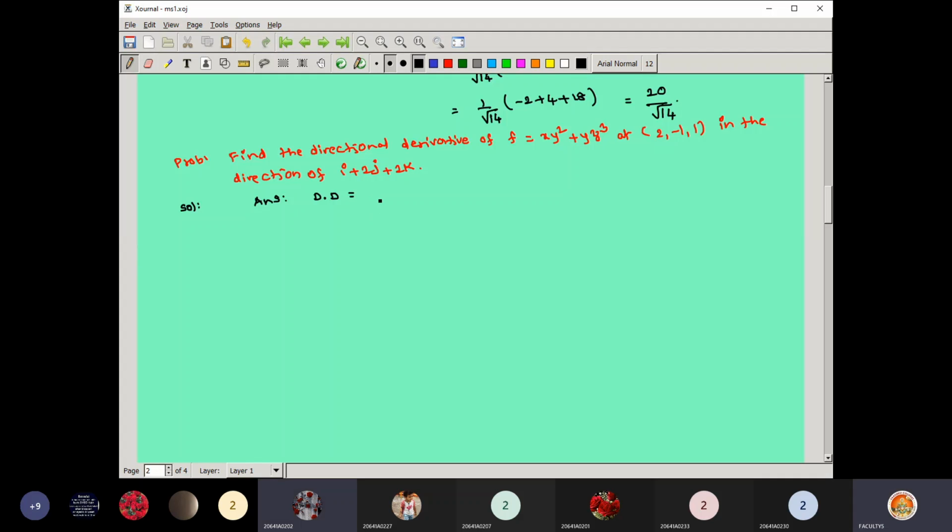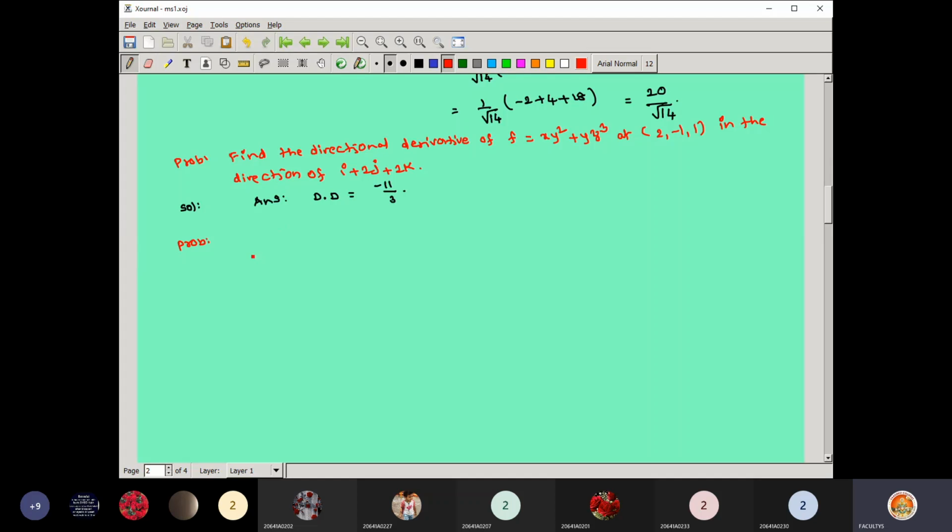Minus 11/3. Right, exactly. What is your name? Sir, Tahin. Okay, good. So minus 11/3. What is the meaning of this negative sign? When you get a positive sign, it is moving in the upward direction. Negative means it is in the downward direction. That is the meaning. Nothing to worry, just focus on its value. So minus 11/3 is the right answer.